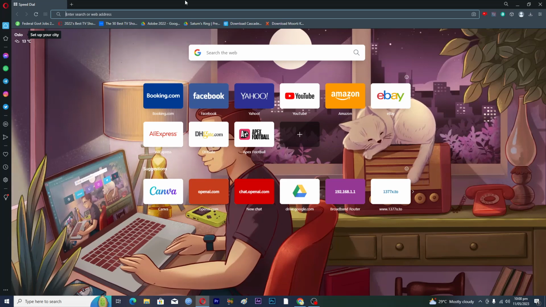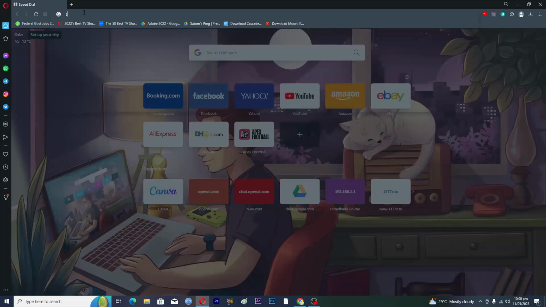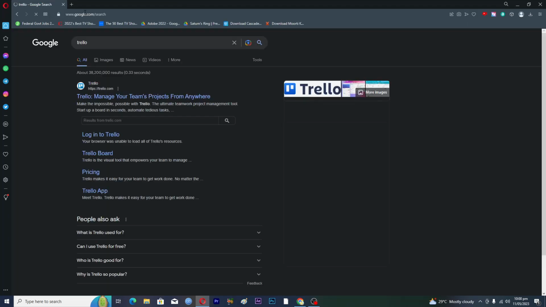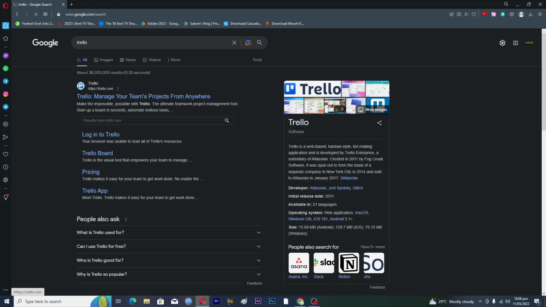So first of all, you need to open up your browser here. You can use any browser, like Google or Opera, whatever you want, and then you will type here like this one, Trello. Okay, and then you will open up this link where it says Trello, manage your team's projects from anywhere. So Trello is basically a project management tool where, let's suppose you and